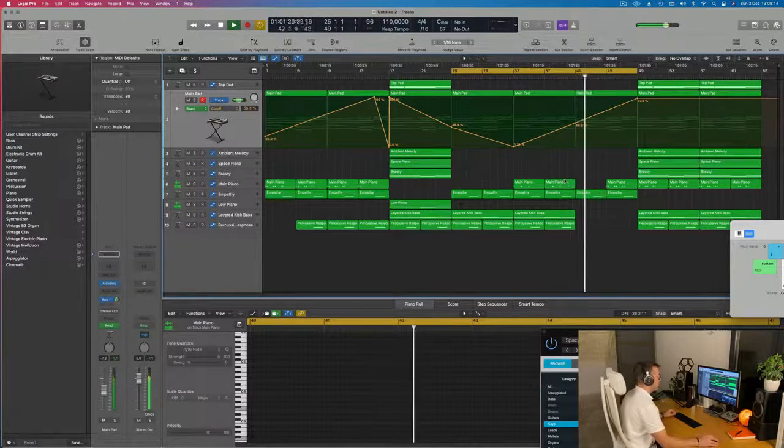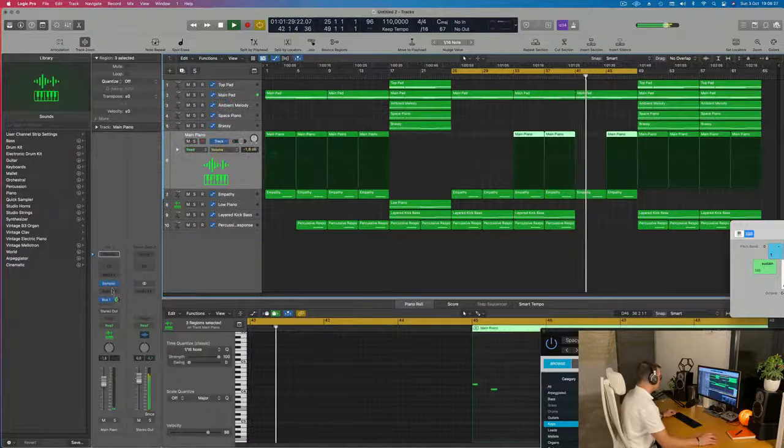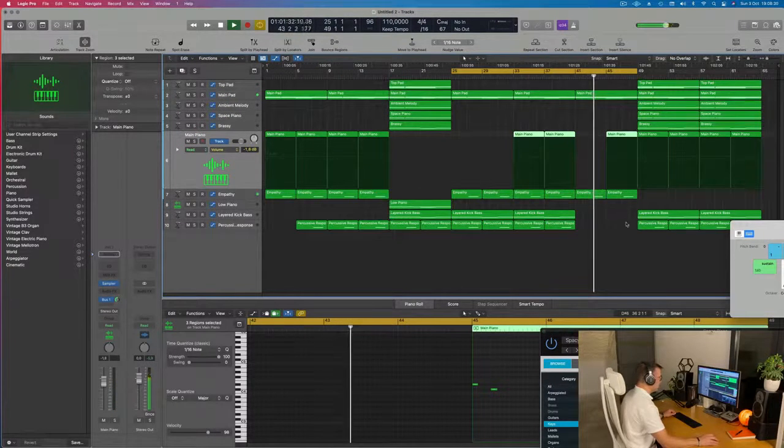Straight up pad. It's a bit odd, this piano now, somehow. The way it came in. It's probably because it's